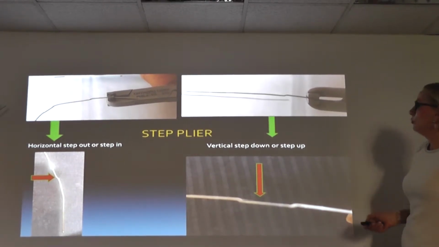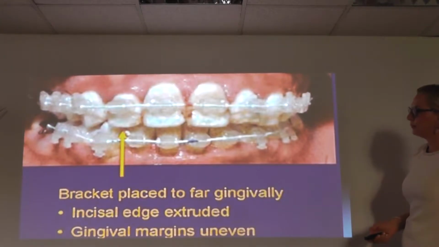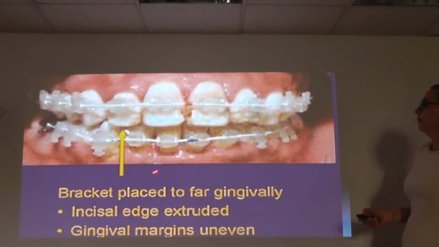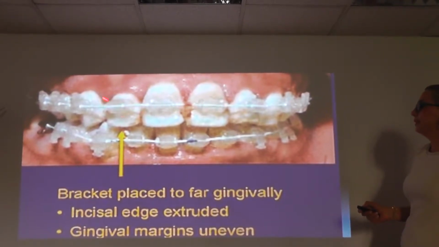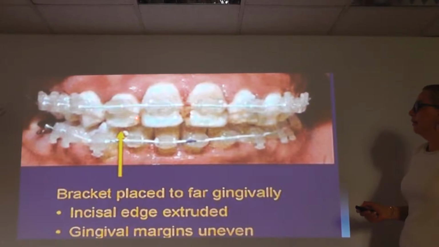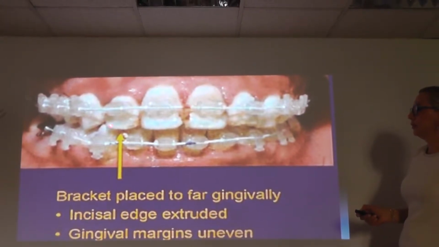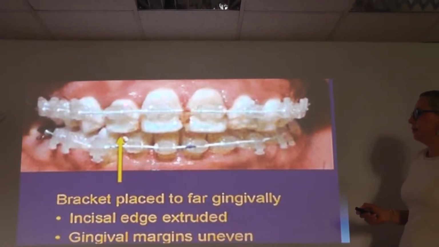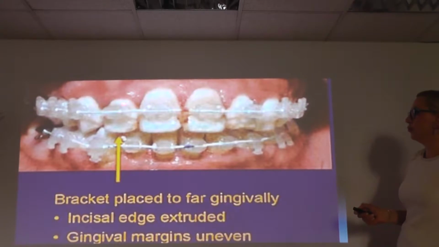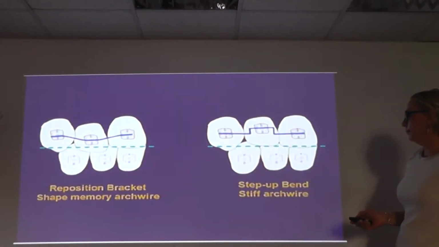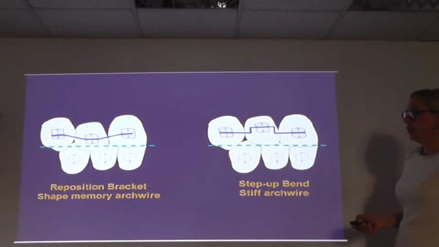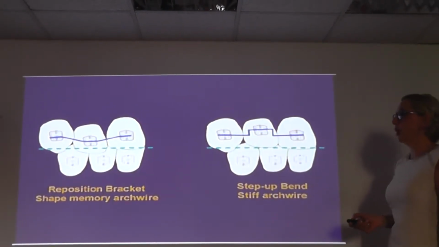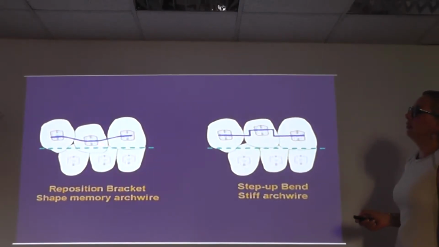And you can do vertical step down or step up. This is not a good picture, but you can see that this bracket is placed too far gingivally, and this tooth is extruded. You can see the gingival margins are uneven, and again, you have two choices: reposition the brackets and use a shape memory arch wire to level this tooth,